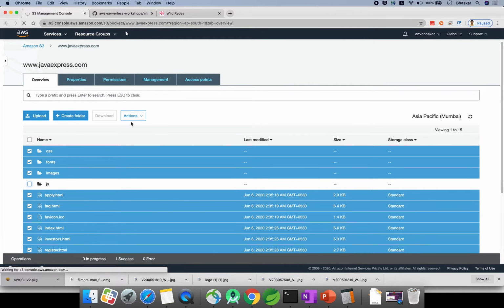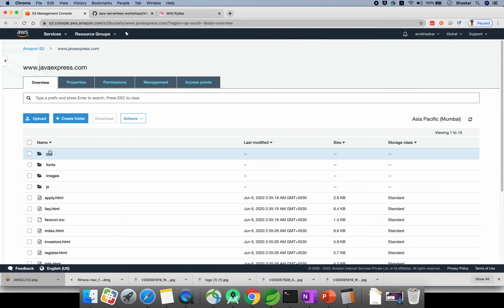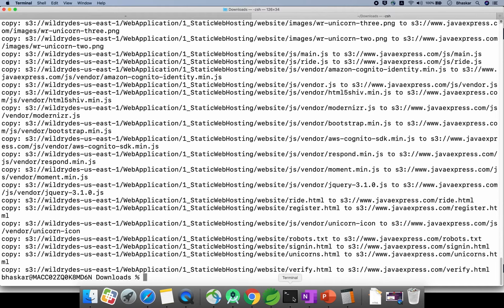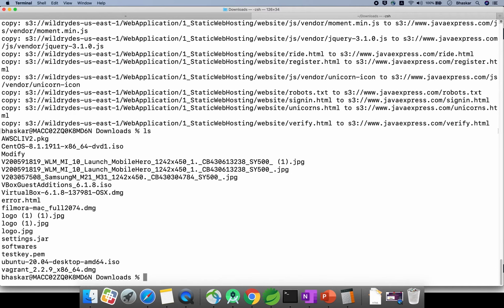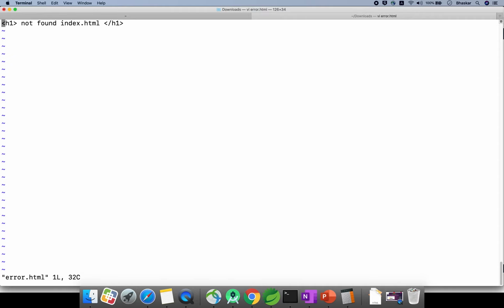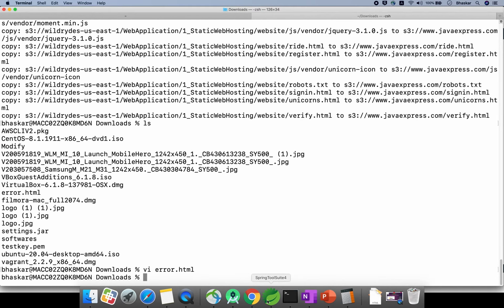In that error.html page I will write some text. Here I want to create it with vi error.html. I'm giving it the text not found index.html. Already I created it. You can write this command. So I will upload this file to my S3 bucket.